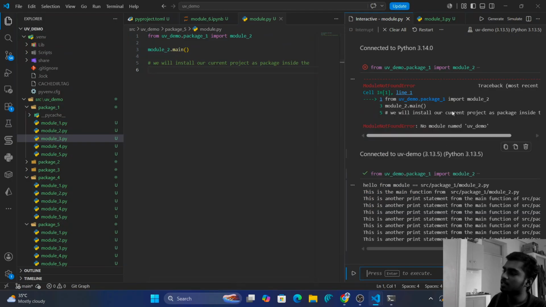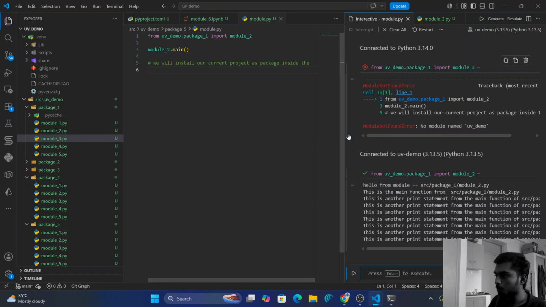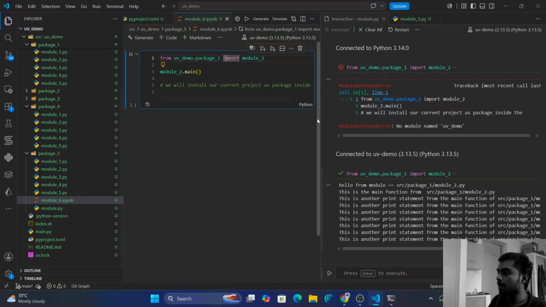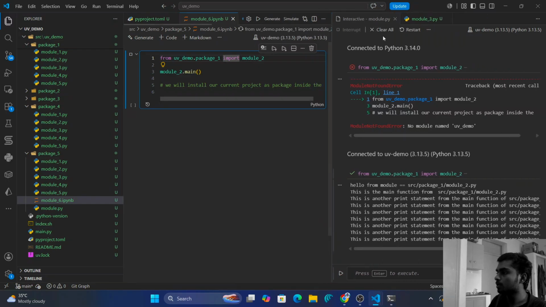But yes, there are some advantages. You'll be able to see the history of every run, and it becomes very useful when you're working with matplotlib and so many plots plotting in the program, all of that. It will be convenient to have it here, so that's why I'm using this one. If you're not executing it in a notebook,